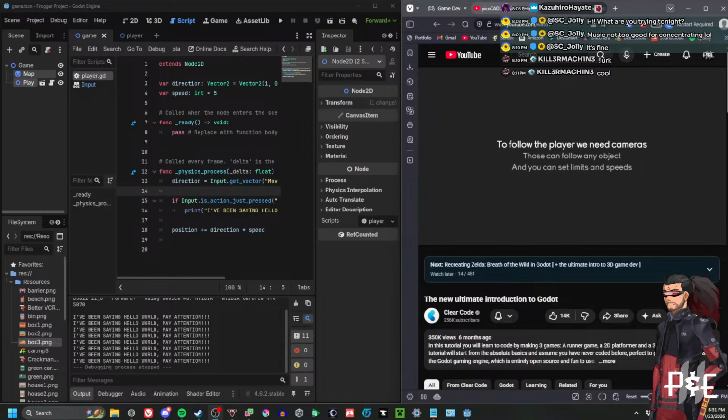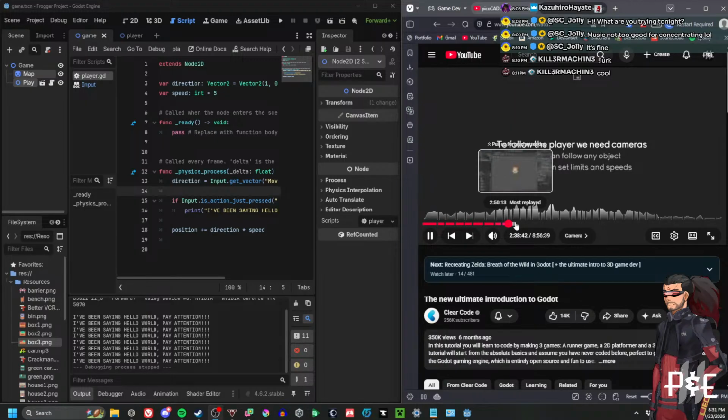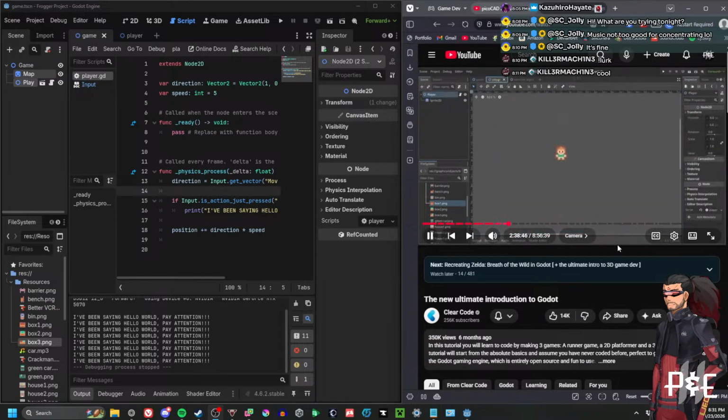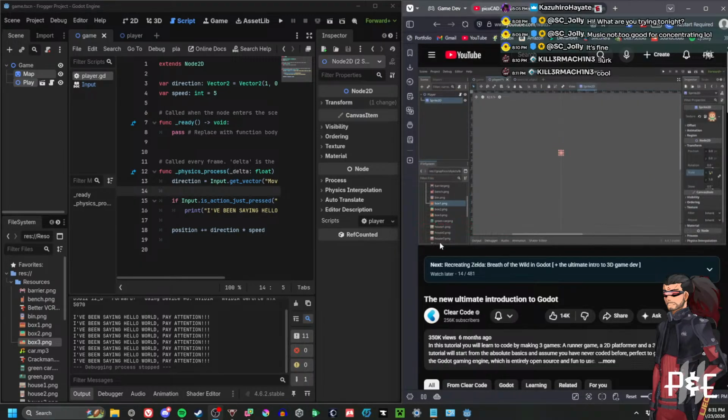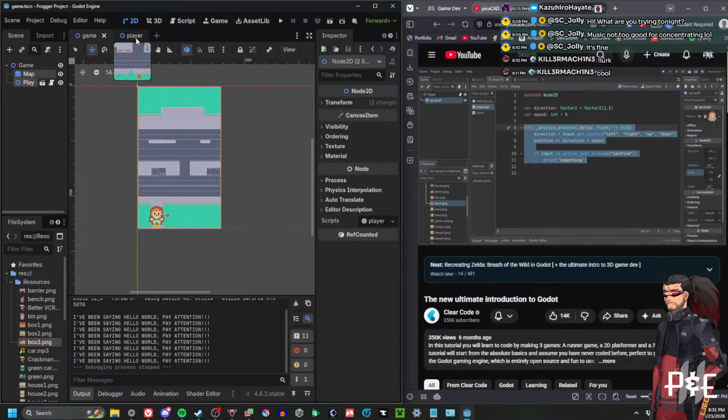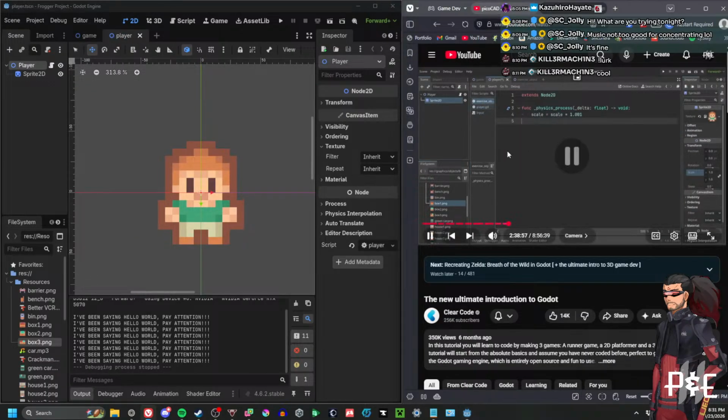On top of that, you can also set limits and speeds for the camera. That way, you have a ton of control over how this thing is moving. First of all, the player shouldn't be scaled up anymore, so the scale should go back to 1 and 1. On top of that, inside of the exercise object,